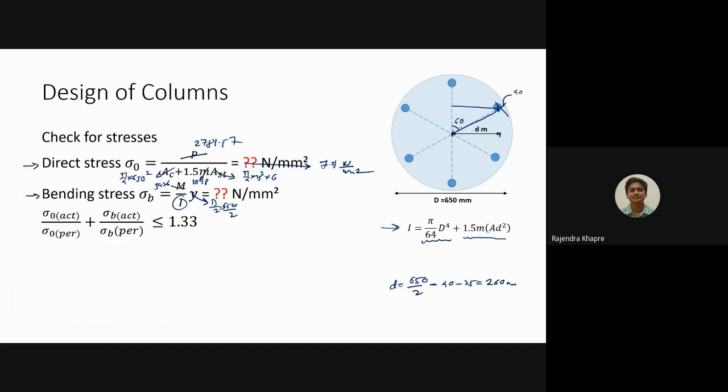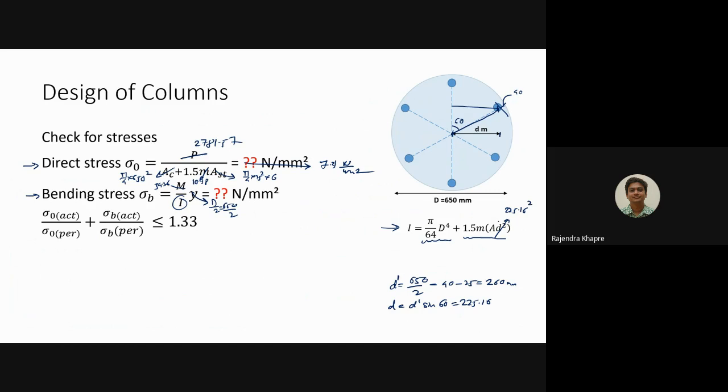Okay, so let us call this as d dash. So d will be something like d dash into sine of 60. How much is this? 225.16. Okay, so your distance square is nothing but